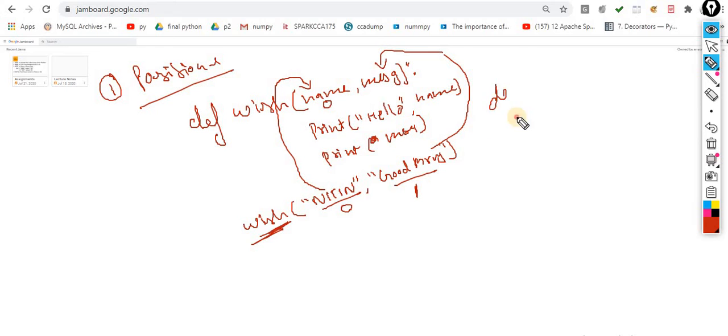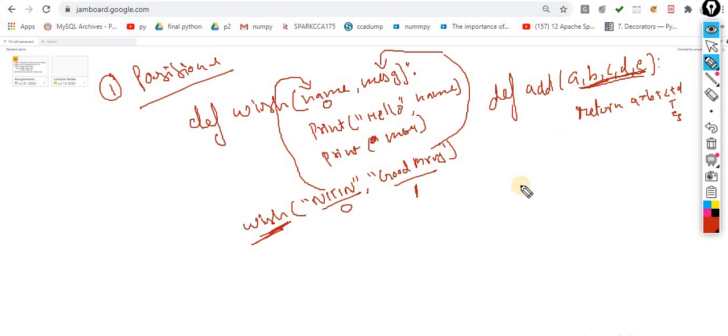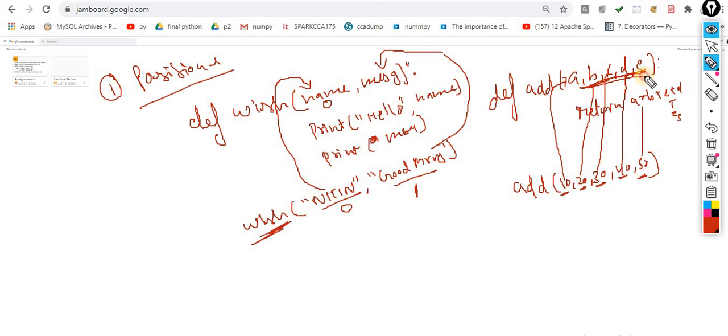For example, I am making a function def add and it's taking 4 parameters. Even it can take 5 as well, that doesn't matter, and returning a plus b plus c plus d plus e plus f. Now understand this concept. These are the formal arguments. When I call this function with 10, 20, 30, 40, 50, this value on the first position is allocated to this, this value on the second position is allocated to this, the third to this, the fourth to this, and the fifth to this.